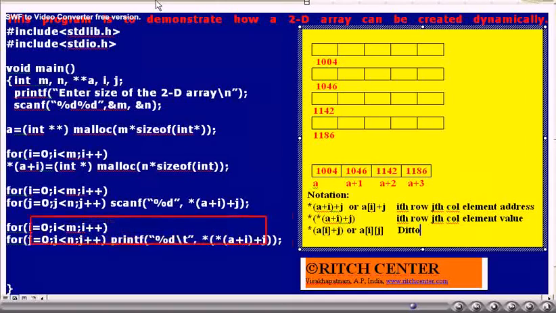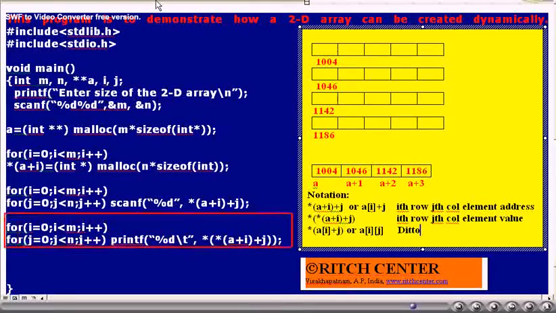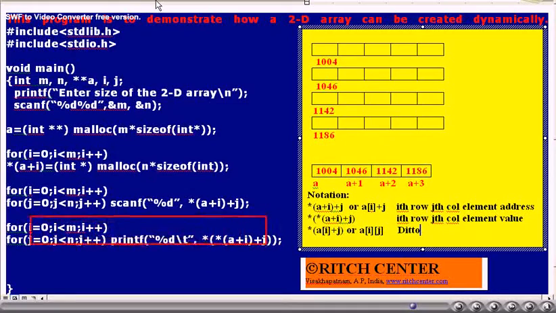And one more thing is, by chance, if we call the free function and send A as an argument, then the memory allocated for the pointer array will be deallocated, leading to a dangling memory situation. That is, the 2D array memory is still available, but we cannot access it.